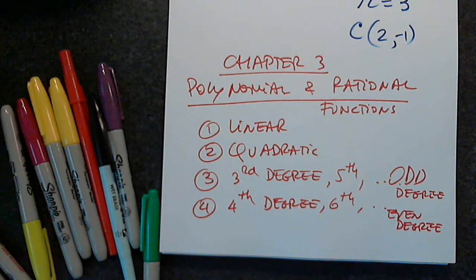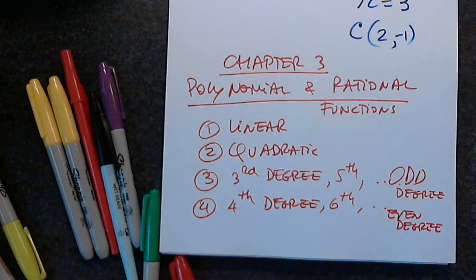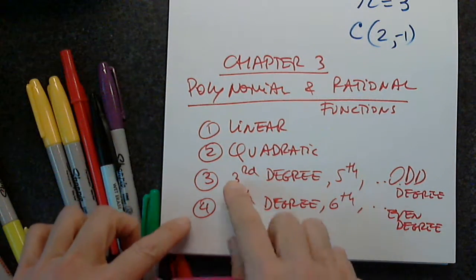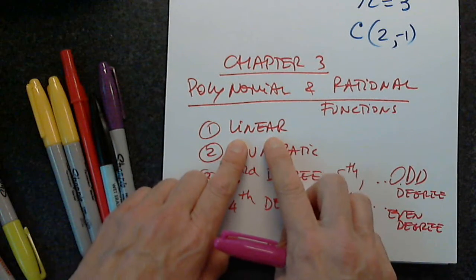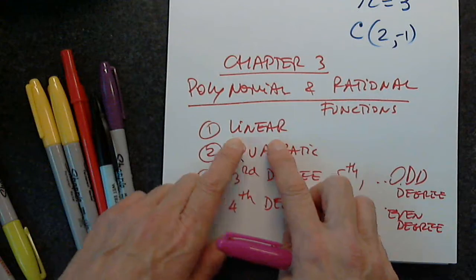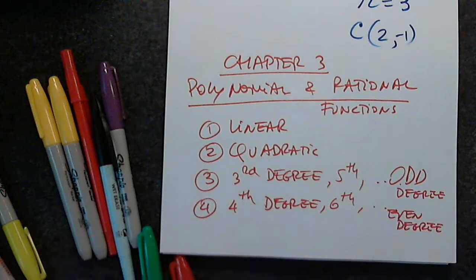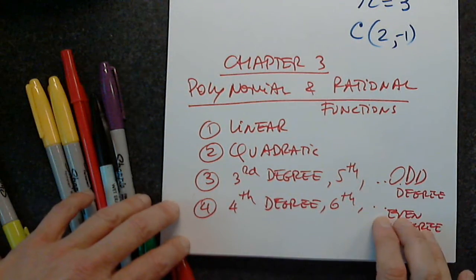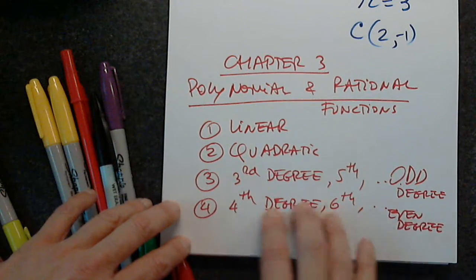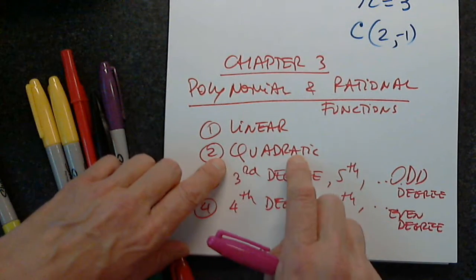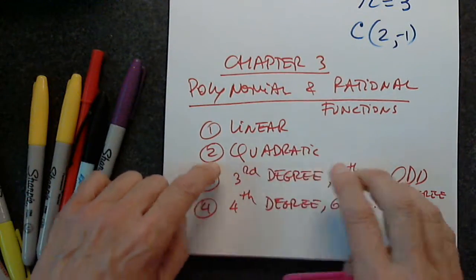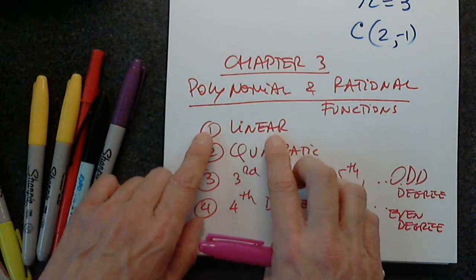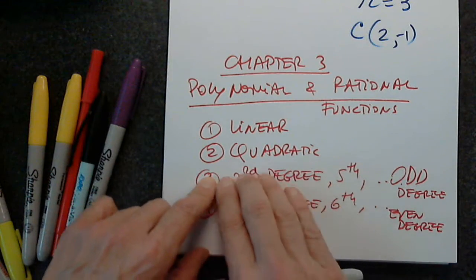Now, I will repeat this several times. There is some similarity between any odd degree and the linear. And I will show you what the similarities are. There is some similarity, not everything, but something that is very important, that all even degree have as well as quadratic. Okay? So once we understand how to graph pretty much linear and the cubic, we will know to graph